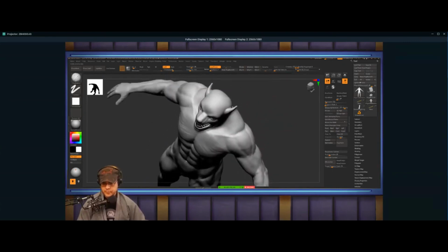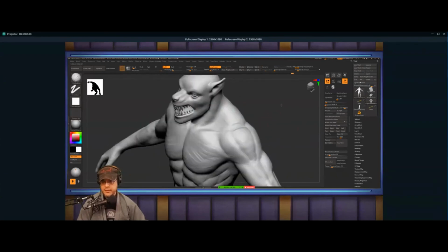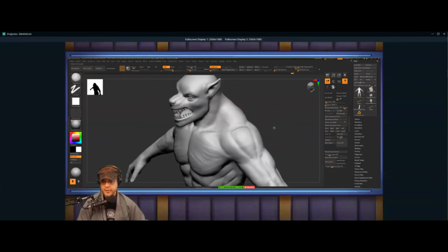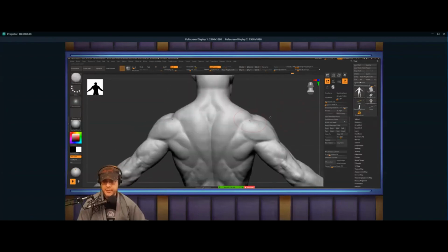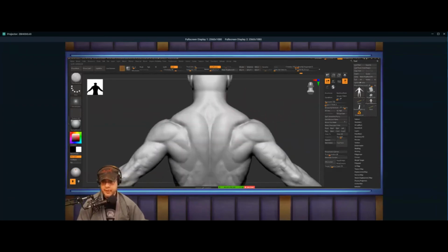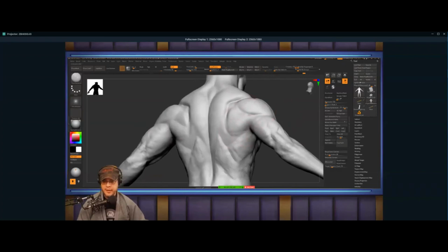You need your acromion process here, which is going to be a connection point for your traps, for your shoulder, for your scapula, all this stuff. So your scapula needs to go down at about a 30-degree angle and then just go straight down, right? And you're going to have a little tendon right there. And this does not connect up there. It connects underneath